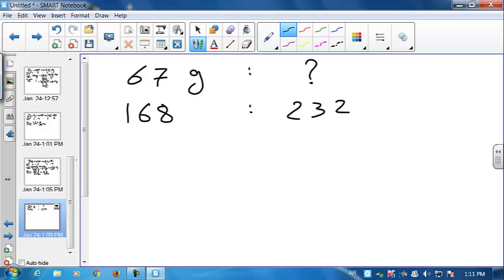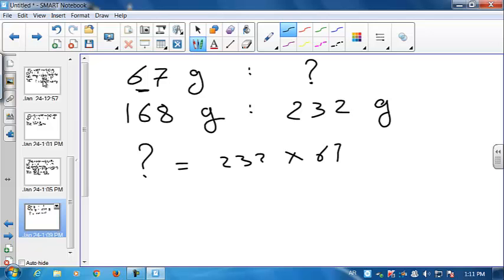If 168 grams of iron gives 232 grams of iron oxide, but I actually have only 67, how much? 232 multiplied by 67 over 168 gives 92.5 should be